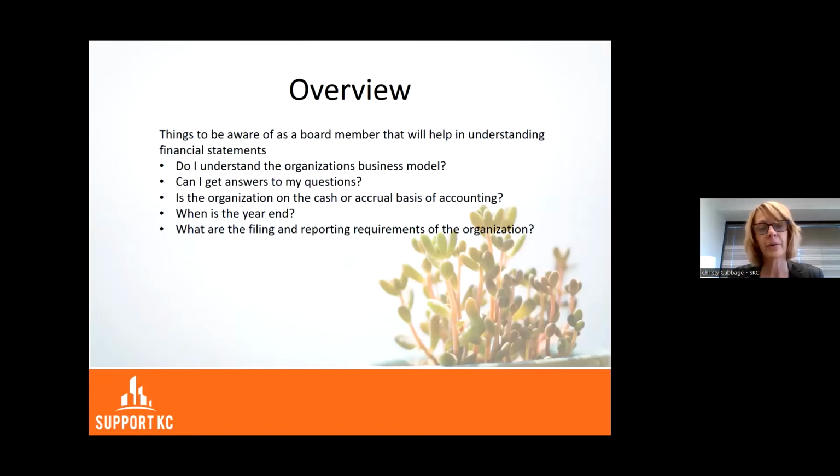Another one is, is the organization on the cash or accrual basis of accounting? Well, then we're starting to get into you having to navigate some of these accounting terms, and knowing cash versus accrual is part of that. Can I get answers to my questions and understanding the business model? So that's when walking through the financials,